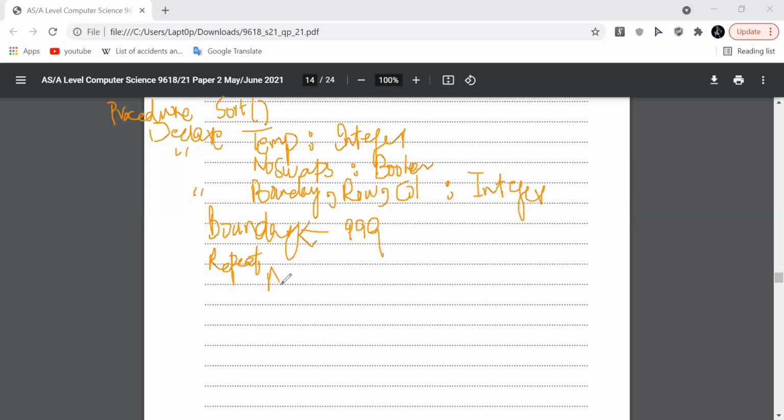So now take no swaps as true. This will show that a for loop is there. For row is 1 to the boundary, that is 1 to 999,